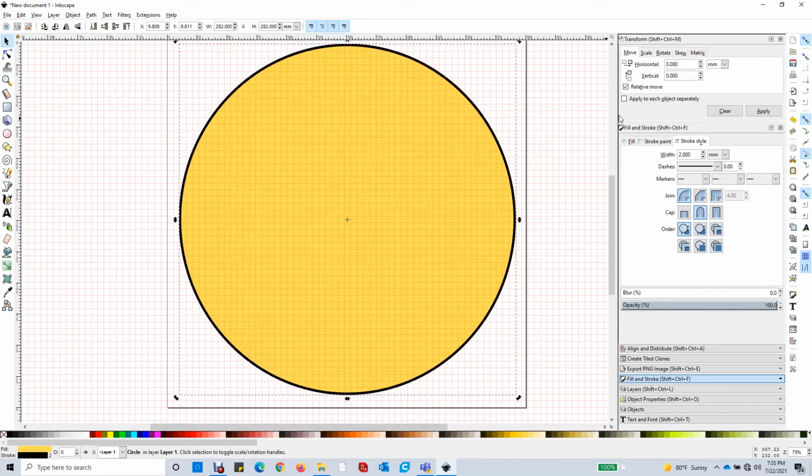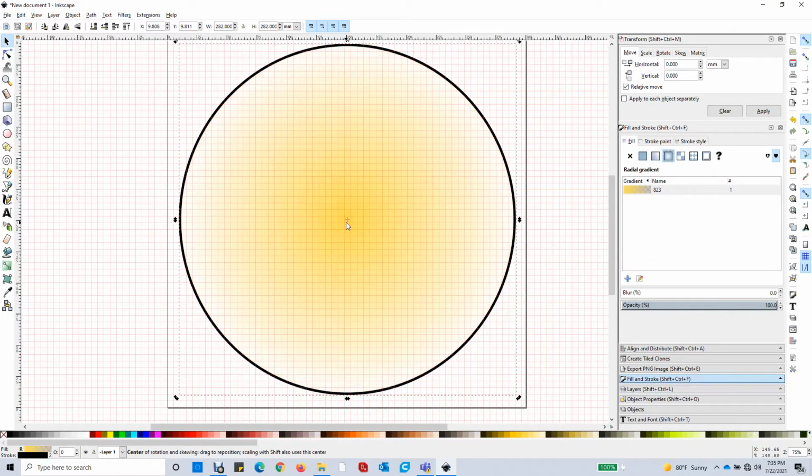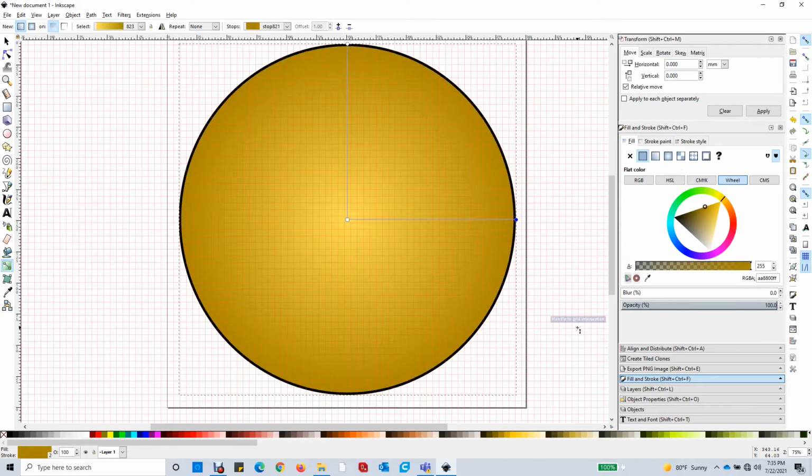So then what I'm going to do is under fill and stroke, I'm going to say, let's go with this kind of a fill, which is a gradient. And so now you see it goes from the yellow to this. And if I click on this tool over here, right, we get this. And so I can click on a dot and I can pick a different color. So you see I can make the gauge look like anything that I want. So what I'm going to do is come over here and click and add a couple of dots.